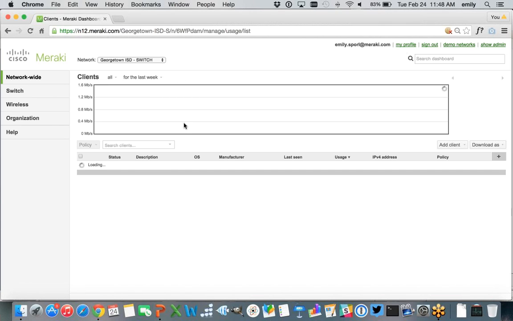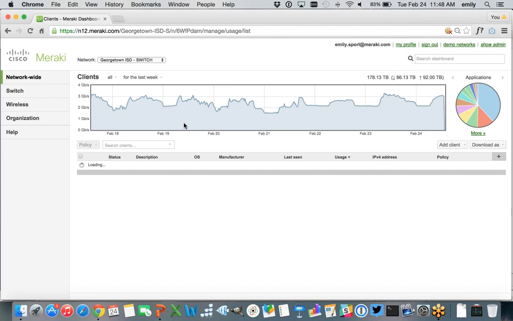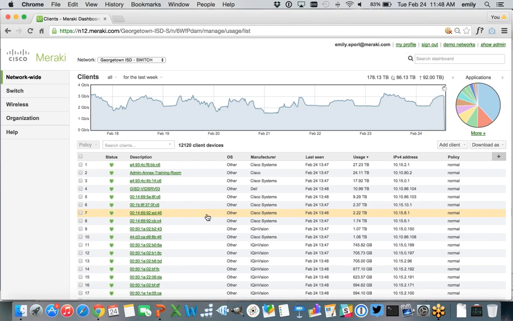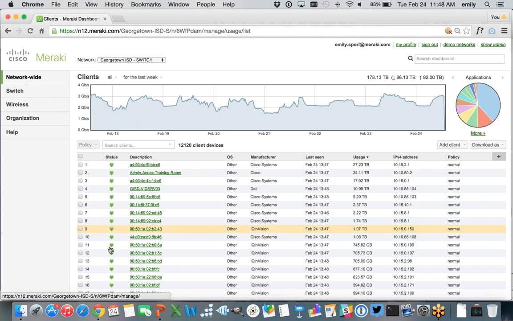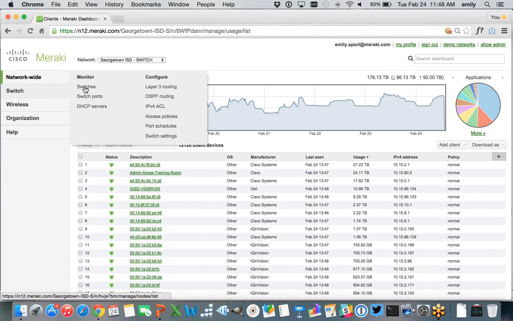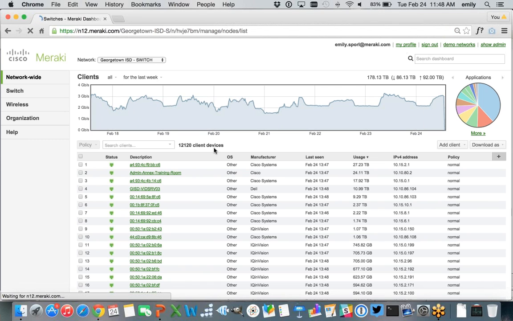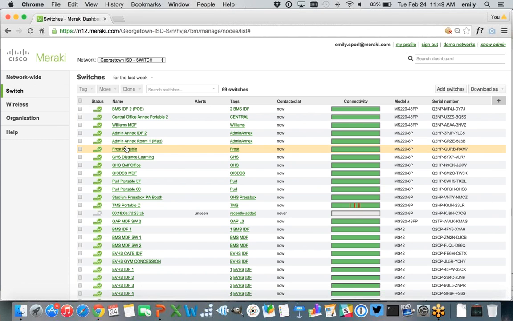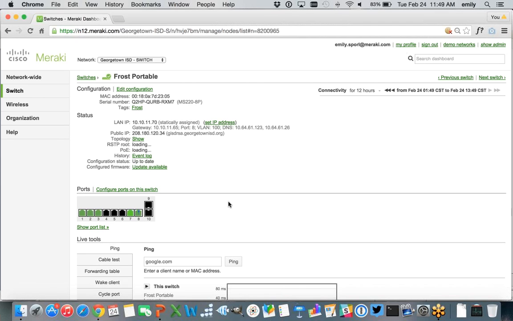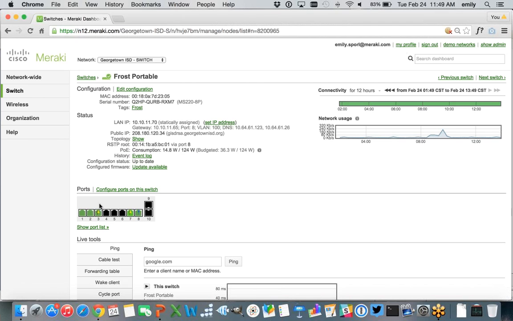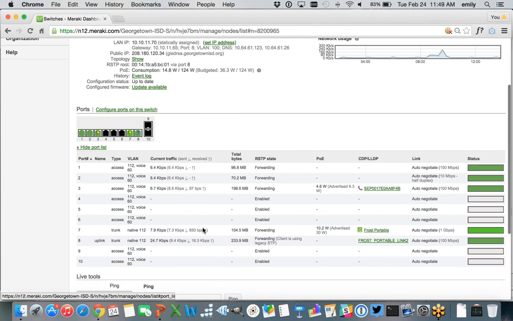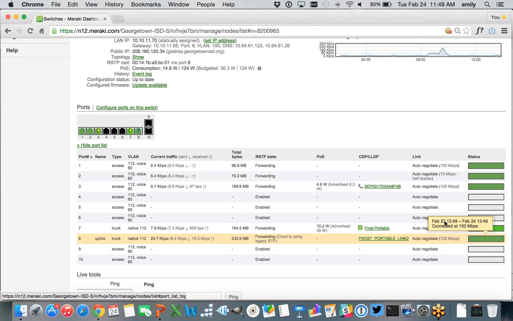But let's see. So here's a switching network, and you can see when you dive into the switch network, you're sort of showing the same kind of page that you saw before, only you're seeing it from a wired view. And I just want to sort of highlight very quickly. Similar to the access points, you can dive in, look at any particular switch, get information about it. So this is one of our layer 2 8-port switches. See information about what's behind various ports and sort of the status and uptime and connectivity of various ports.